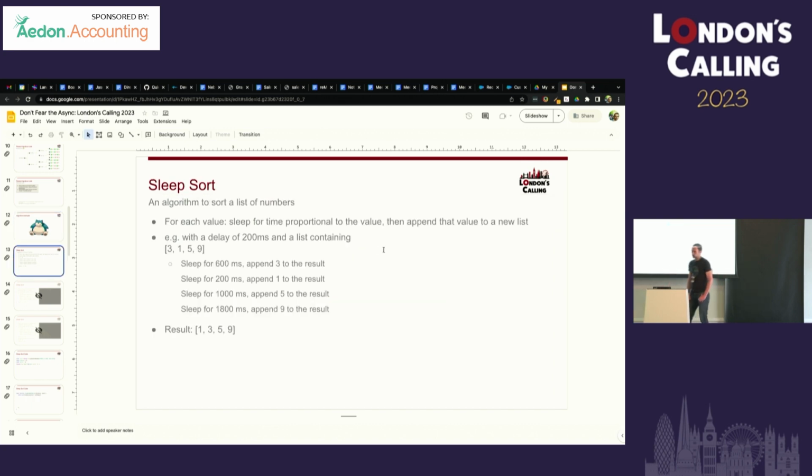The algorithm is called sleep sort, and it's a way to sort a list of numbers. And so the top bullet point there is the algorithm. For each value in the array that you have, sleep for the length of time proportional to that value, and then add it to the new array, and your new array will be the sorted list. So if we take a delay of 200 milliseconds and we get that list of 3159, simultaneously we set off a whole bunch of timers for 600, 200, 1000 and 1800 milliseconds, and then as each of those finish,